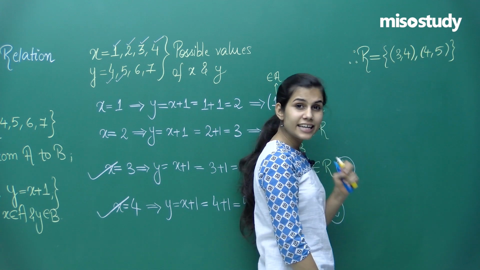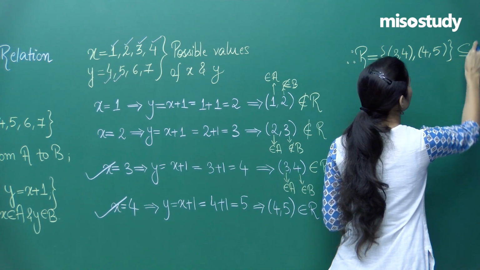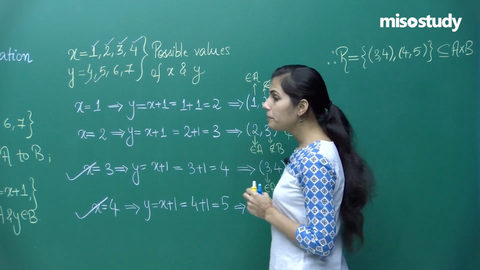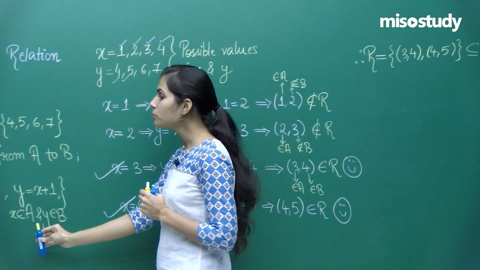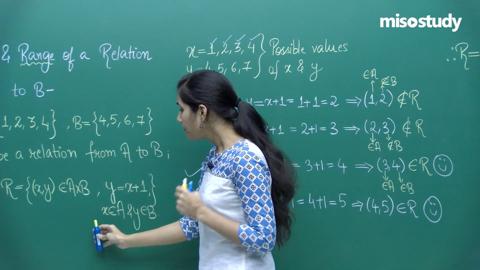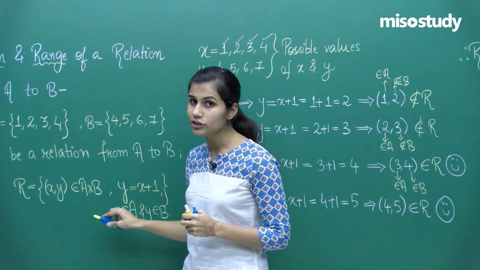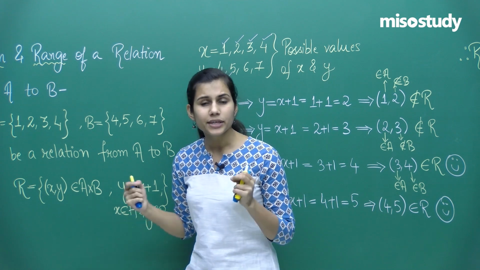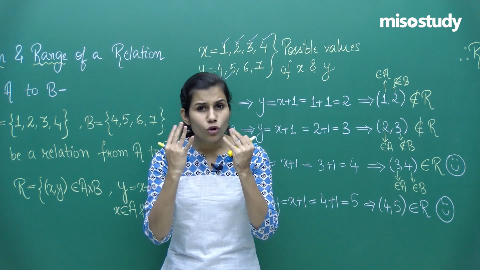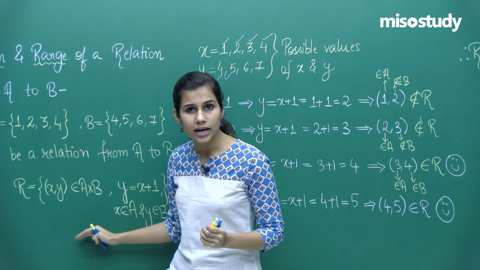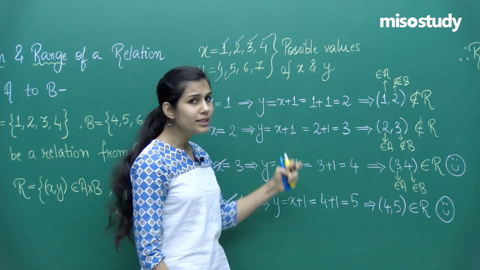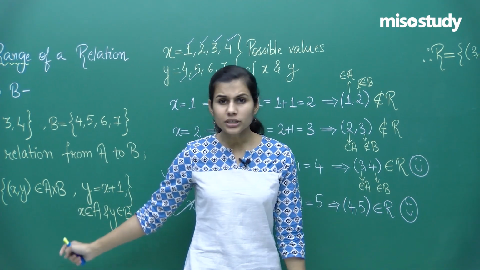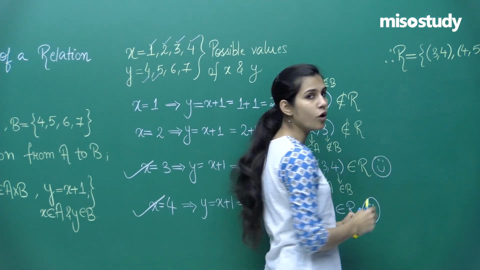Now this R definitely is a subset of A cross B. That is what we already knew because we had obtained R to be a subset of A cross B. The point was that the rule was given to you. Here the relation is given in the set builder form, and the task was to be able to look at the members which are sitting inside R, because of which we did all these procedures and actually brought our relation R in the roster form.